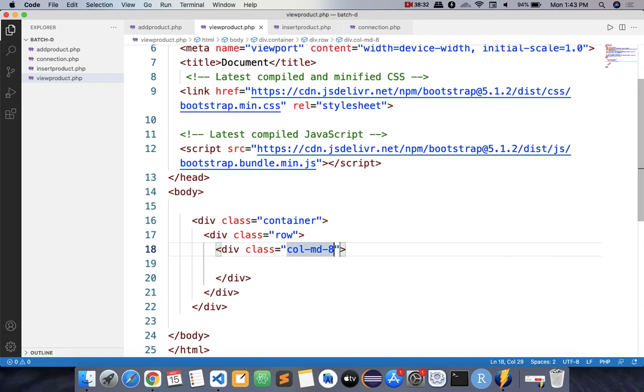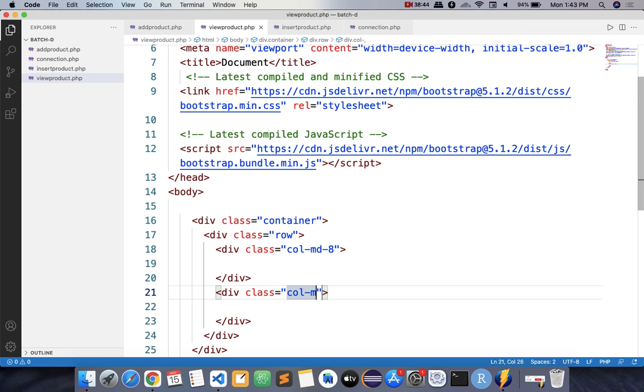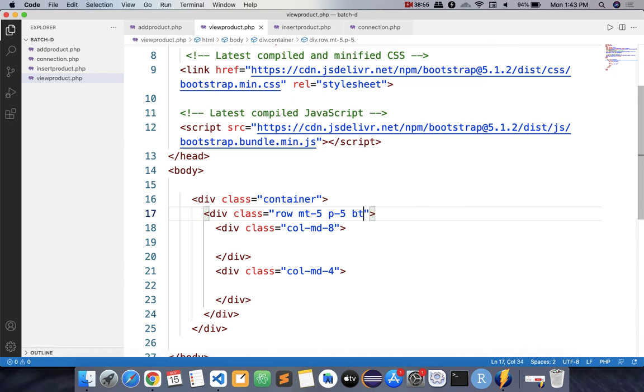We have given 8 there, so you can display your content in 8 columns, and remaining column is for the buttons. So you can have a division class col-md-4. Okay, here you can have margin top of 5, padding of 5 from all the sides. Okay, done. And bg light.